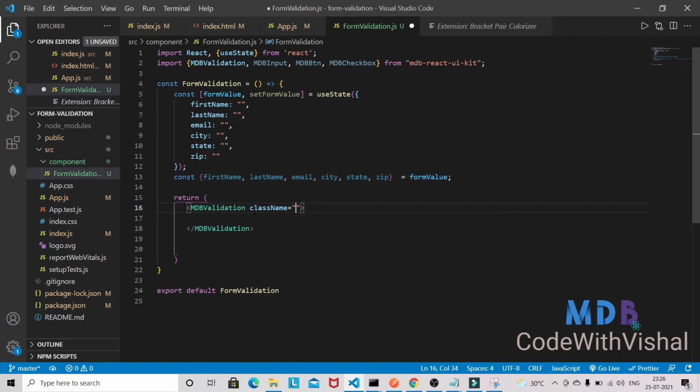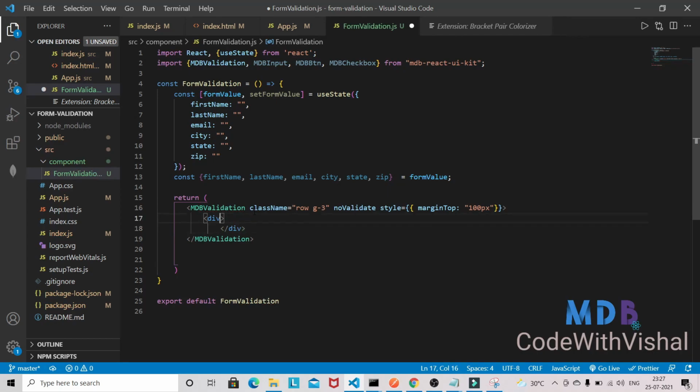So the class name will be row g-3 no validate, and I'm going to provide some inline style here, like margin top 100 pixel, and inside that I will have one div, and this will also have some inline style.